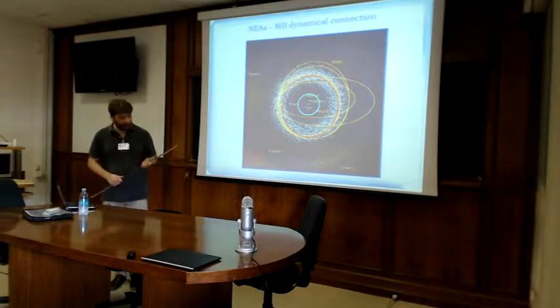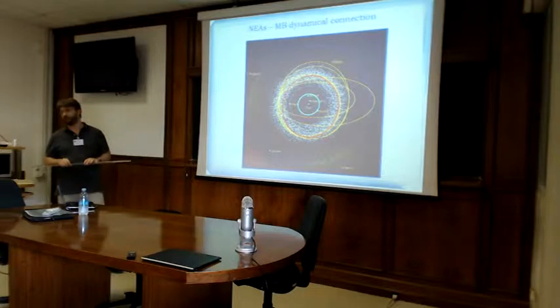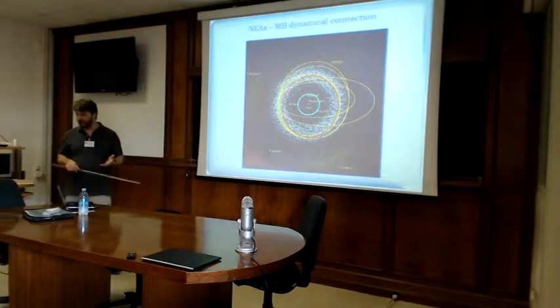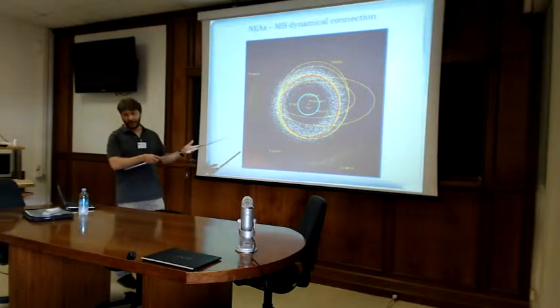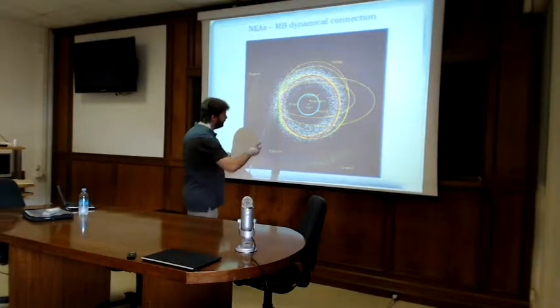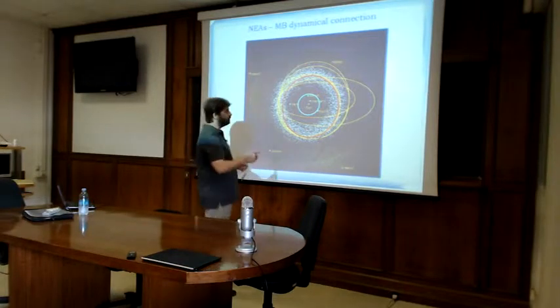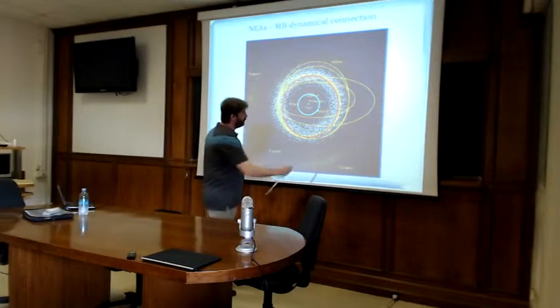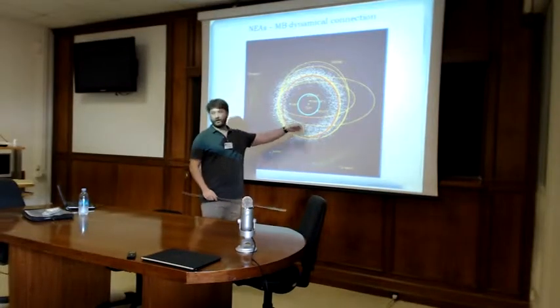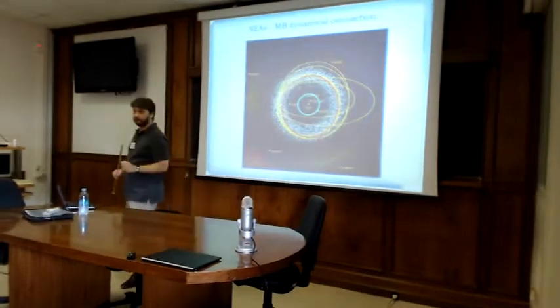I guess the main reason why we would be interested in this is the connection between the near-Earth asteroids and the main belt asteroids. This is not a real integration, it's a sketch that I did to say that if you had an orbit initially here in the main asteroid belt, then given enough time, it will deform, and at some point the orbit can be crossing the orbits of the inner planets,